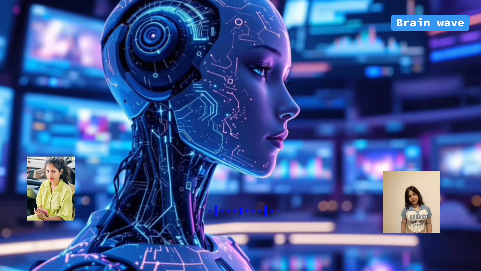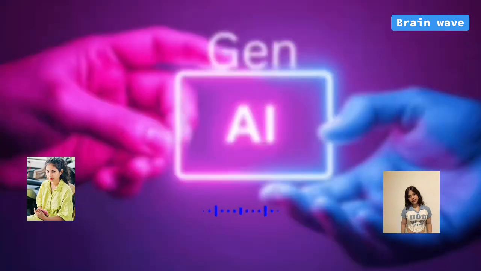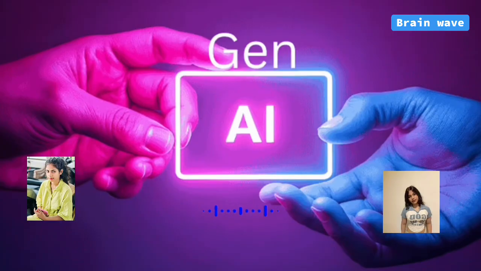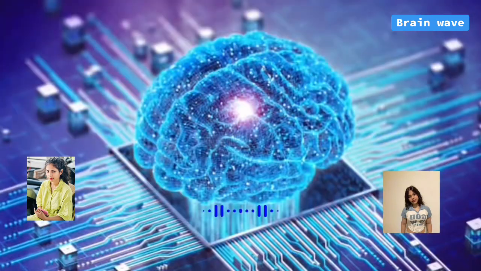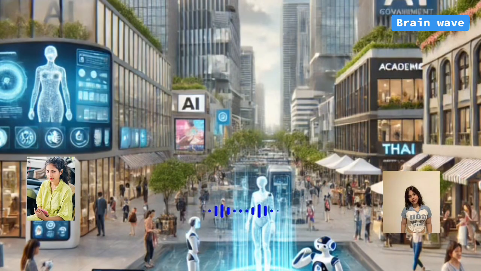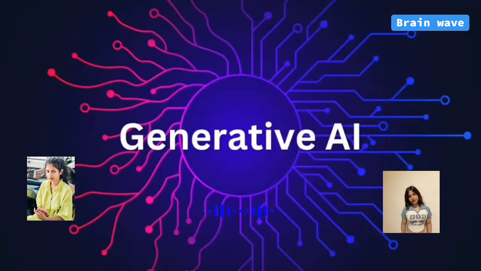AI teachers, AI doctors, even AI friends. Movies, music, games, and books could be fully AI generated. Yeah, and schools may use AI to give personalized learning, track progress, and suggest improvements for each student. Yeah, and workplaces might have AI